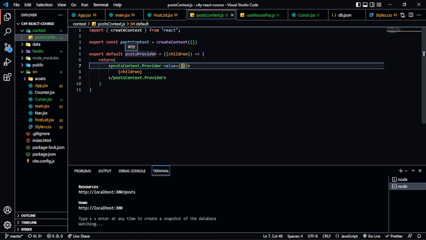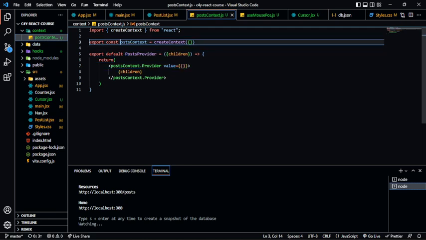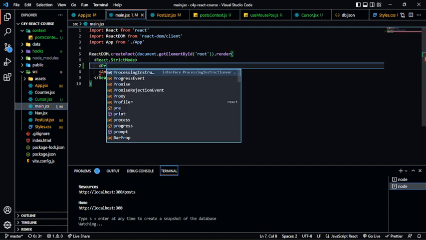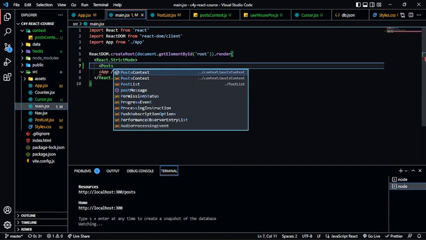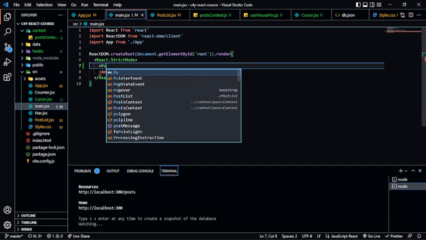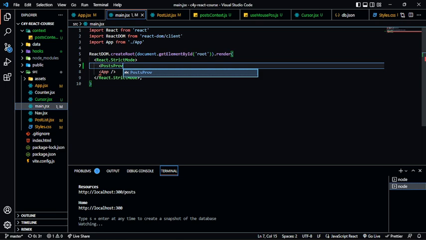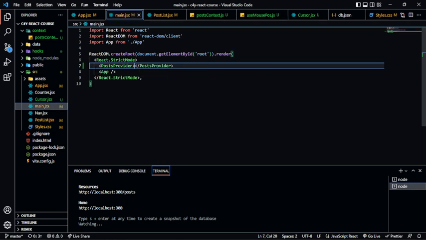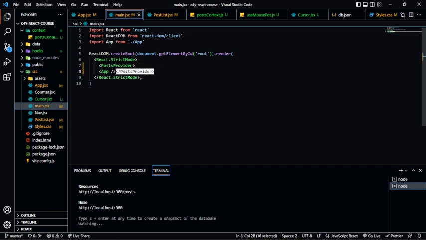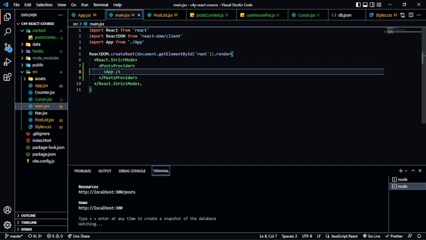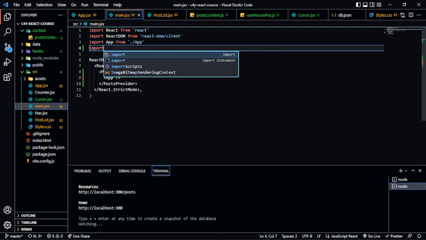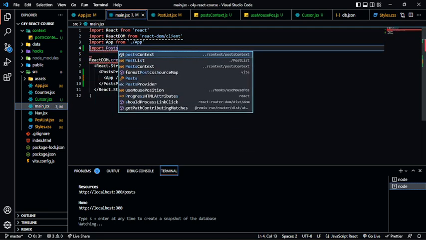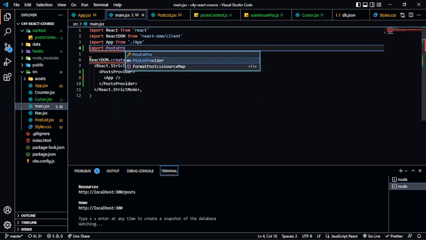So I'm exporting the default. I think I should change this to a capital letter, since it is a provider. So we have PostProvider. So I could go back to my main, and I could have PostProvider. Okay, for some reason I'm not getting it here, but it doesn't matter. I'll just type it out. PostProvider, and then I would like to import that. So import PostProvider